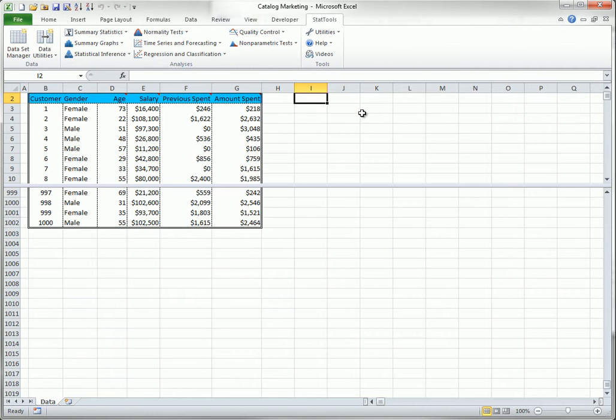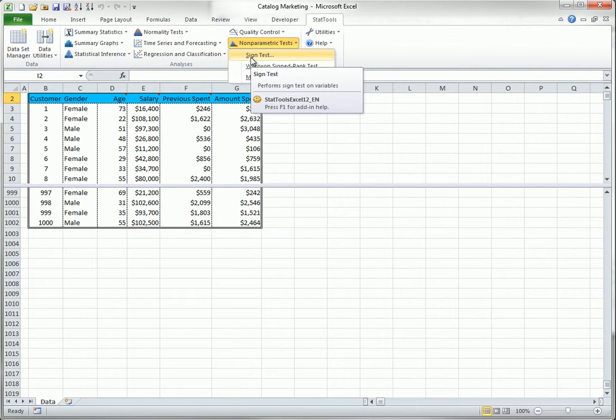These tests will be illustrated with the data shown here. All 4 of the numeric variables in this data set have distributions that are skewed to the right, so it makes sense to use non-parametric tests on them. The sign test. The sign test is used to test the median of a selected variable. It is not a very powerful test because the only information it uses is whether each observation is above or